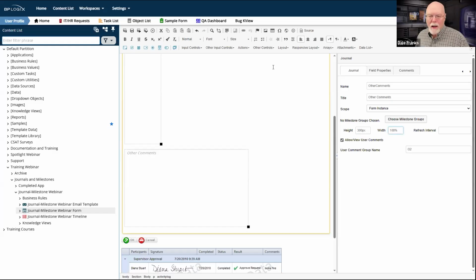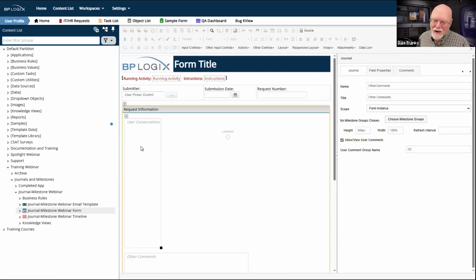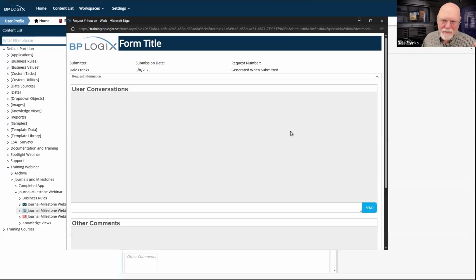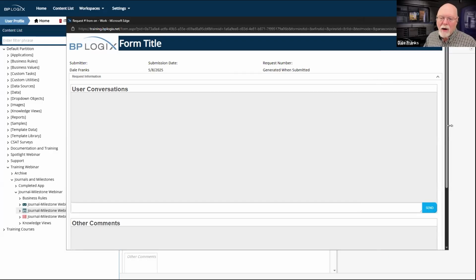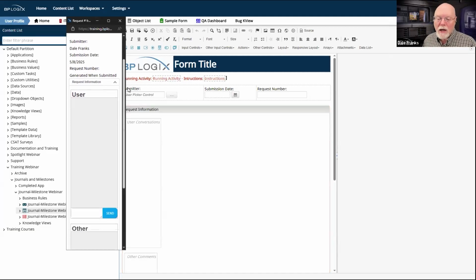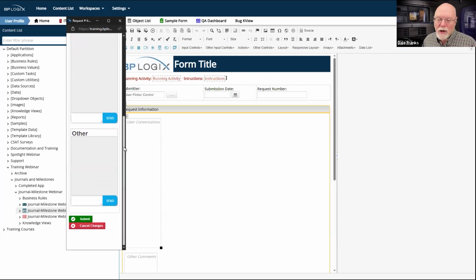And we can then rerun it. Now, the downside is it's going to look wonky in the online form designer when you set it to percentage widths, because it is expecting a hard coded value, and you're setting it to 100%. It doesn't interpret it well in the online form designer, but at runtime, it works exactly the way that you would expect. And now, of course, if we go to a really, really tiny screen, because both of them are set to 100%, I'm still going to see them at 100%.